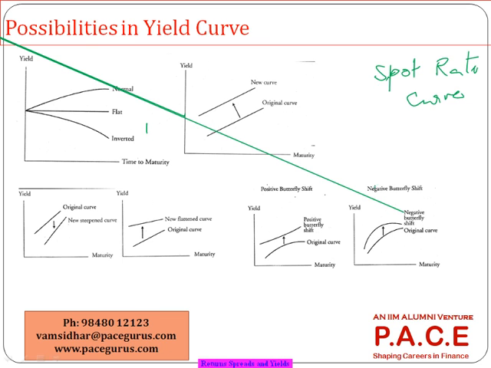Now, when I take different maturities, 1 year spot rate, 2 year spot rate, 3 year spot rate, 5 year, 10 year, and I find out and plot their yields, whatever the returns on each of those are, and I join all of them, that curve is what we are calling a yield curve. Any spot rates of different maturities, if I plot all their rates and join the points, we call it a yield curve. And what we typically observe is that the yield curve in most cases is an upward sloping curve,